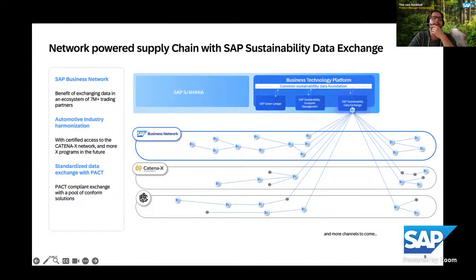Especially if you look at the picture, where you can see Green Ledger already mentioned, which was released a couple of months back, it's going to be imperative to make sure that we all speak the same language, that we all understand, and that you understand the values you're getting from your suppliers. This is where the focus will be. As you'll see at the bottom, there are also more platforms to come. Different initiatives are running that are expanding those platforms, and the aim is to extend as those platforms become available. On the next slide,